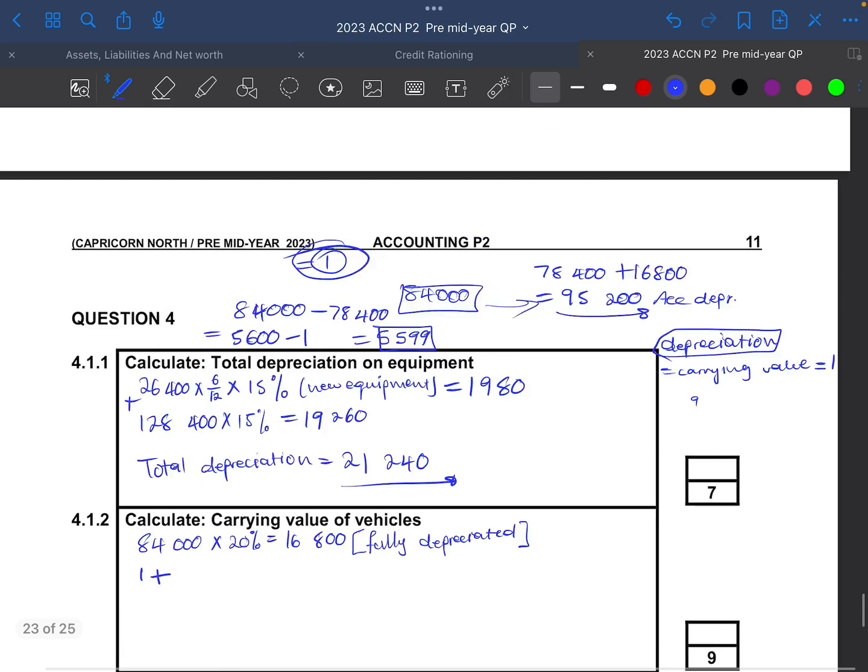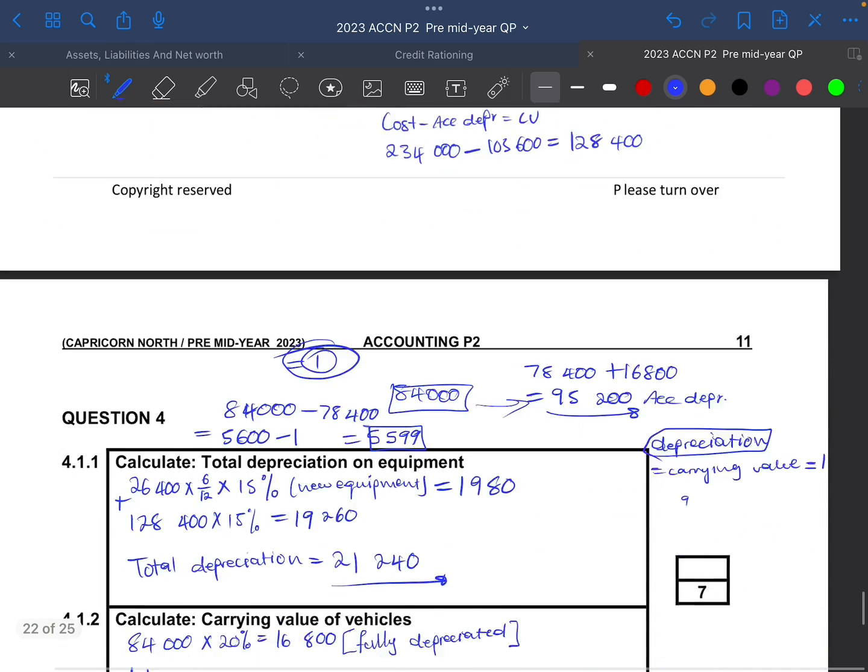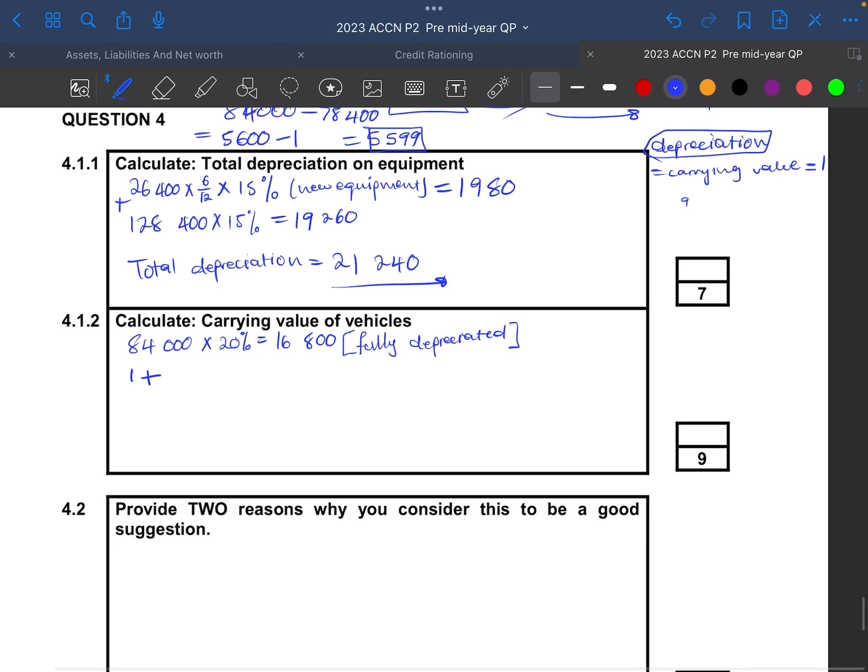So the carrying value for the first car is just 1 rand because it's fully depreciated. Now the Mazda 3X, its cost is 430,000, and then its accumulated depreciation is 258. I doubt we're gonna have a problem there. So it's just 430. So let's just remove 430